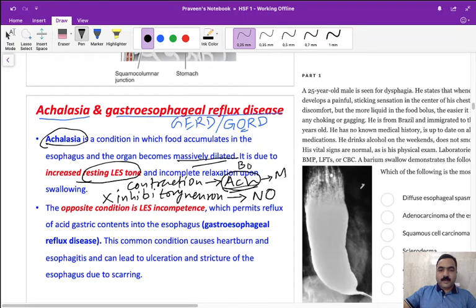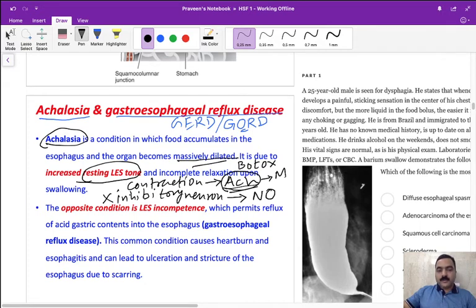Sometimes we may inject Botox so that acetylcholine is not released. It will stop the release of acetylcholine when you inject it. So it is the botulinum toxin that we discussed in our first chapter. If you inject Botox in the muscle, the acetylcholine release will be inhibited, so there won't be contraction. It will cause relaxation, and that is one of the treatment approaches. But that is not the reason for the disease. The reason for the disease is the inhibitory neuron not working.